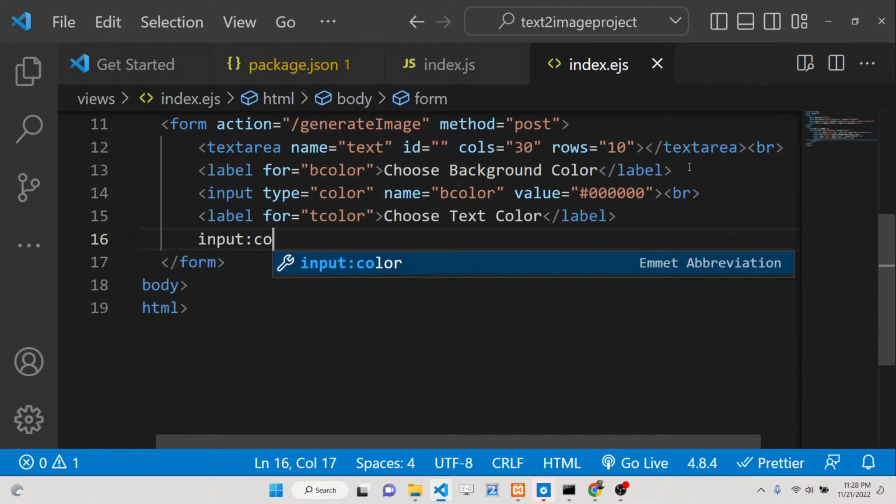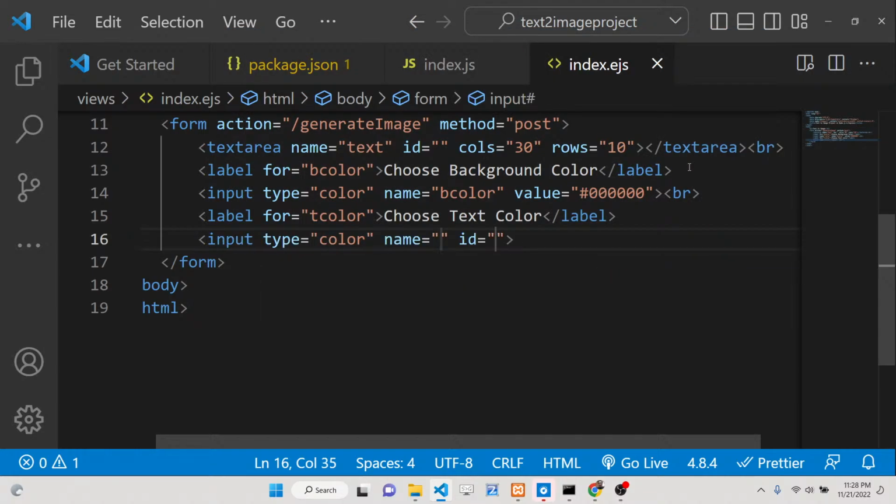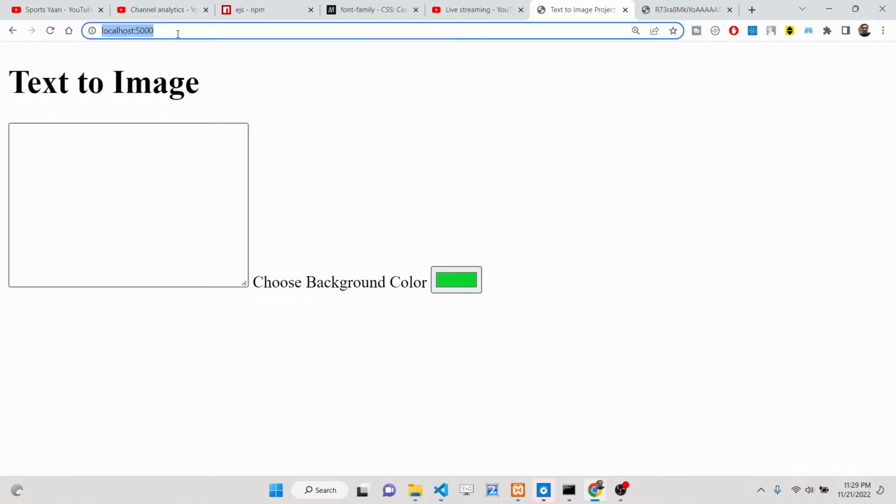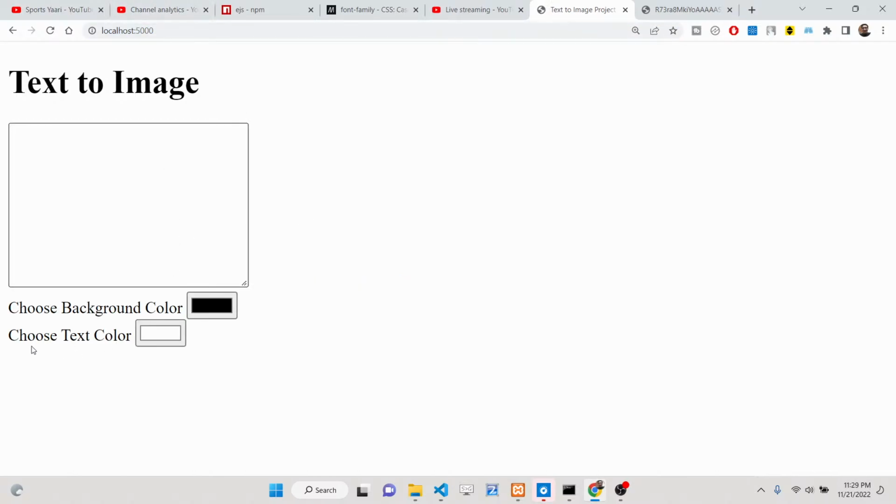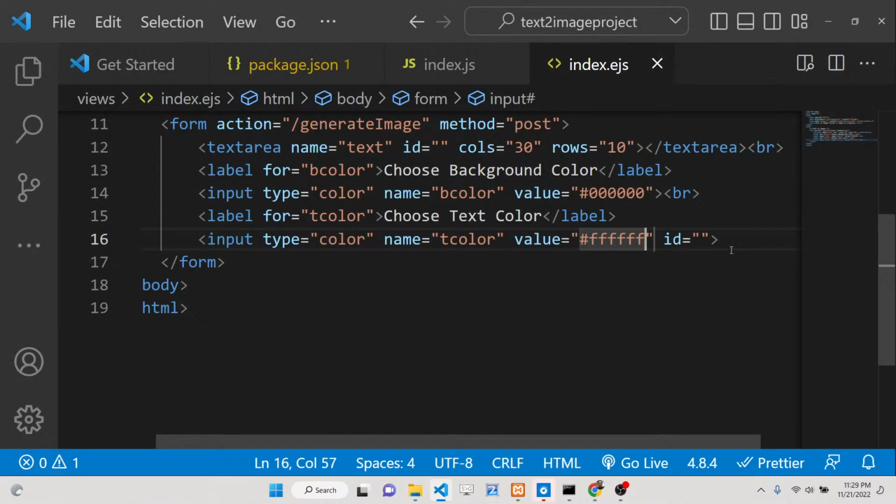Again, this will be of input type color, and here the name will be text color, and the default value will be white. So white is FFFFFF. So now if you see, this is the choose text color, whose default value is white, and this is black. So right here, guys, after this we will have a